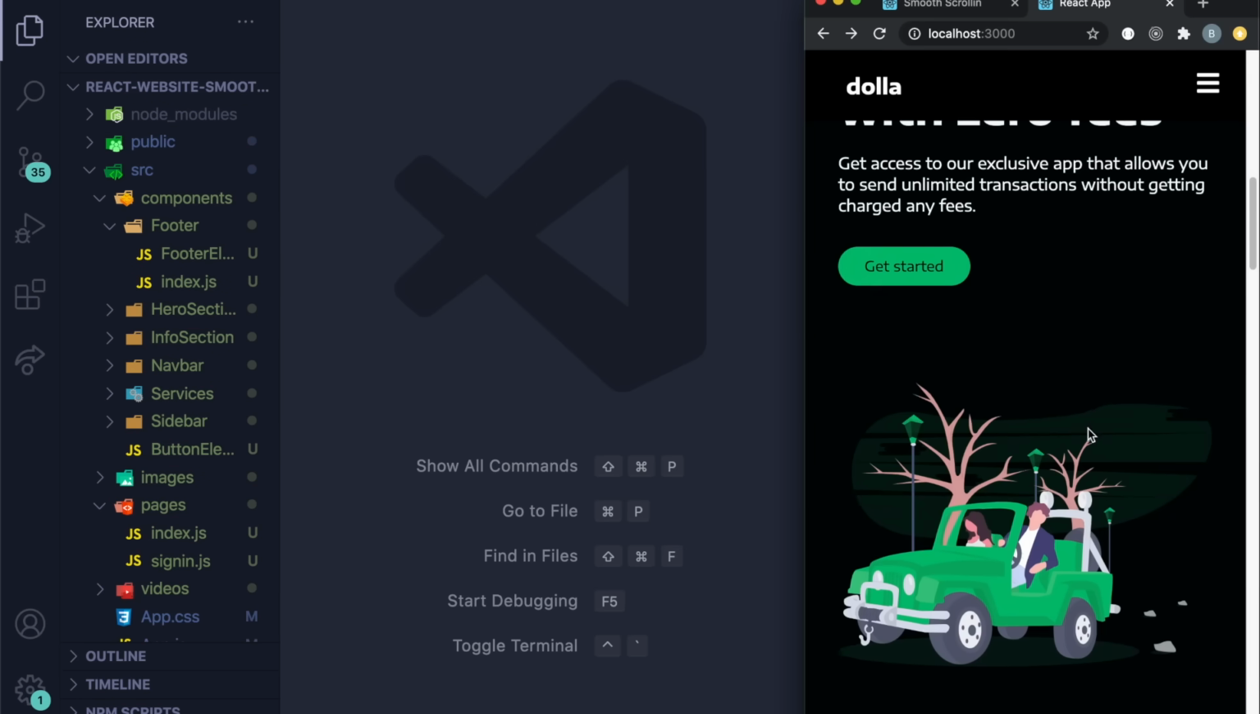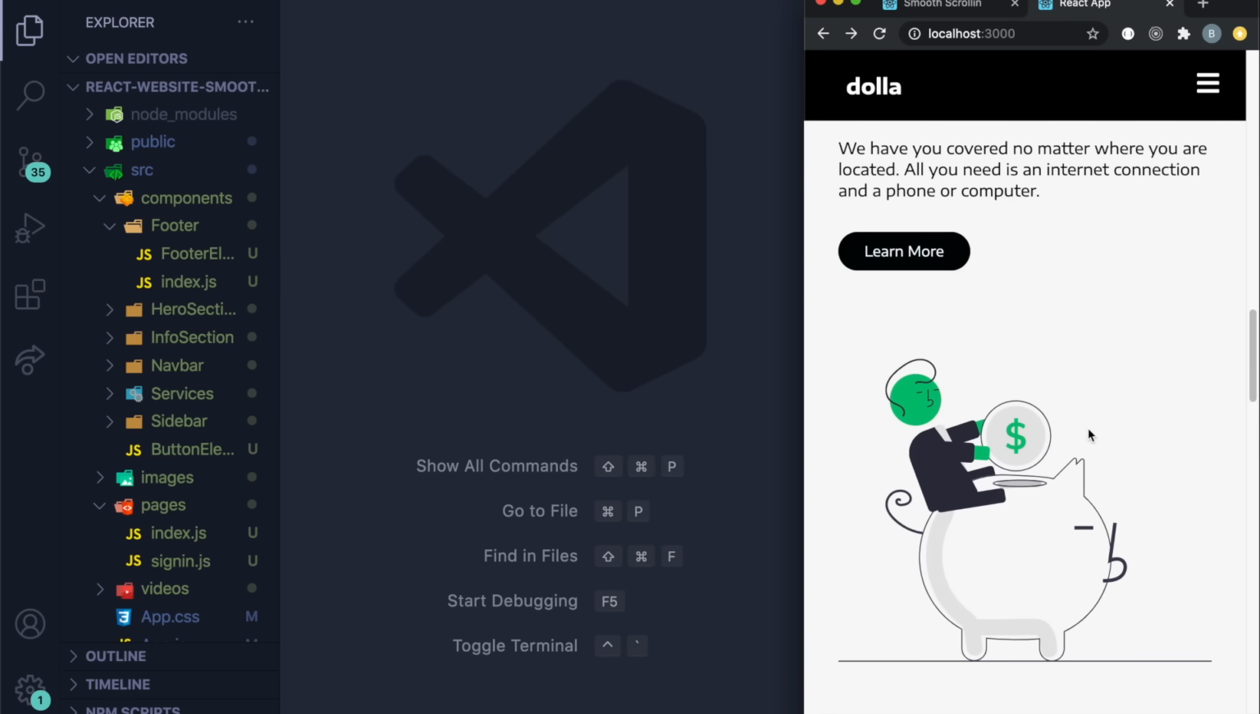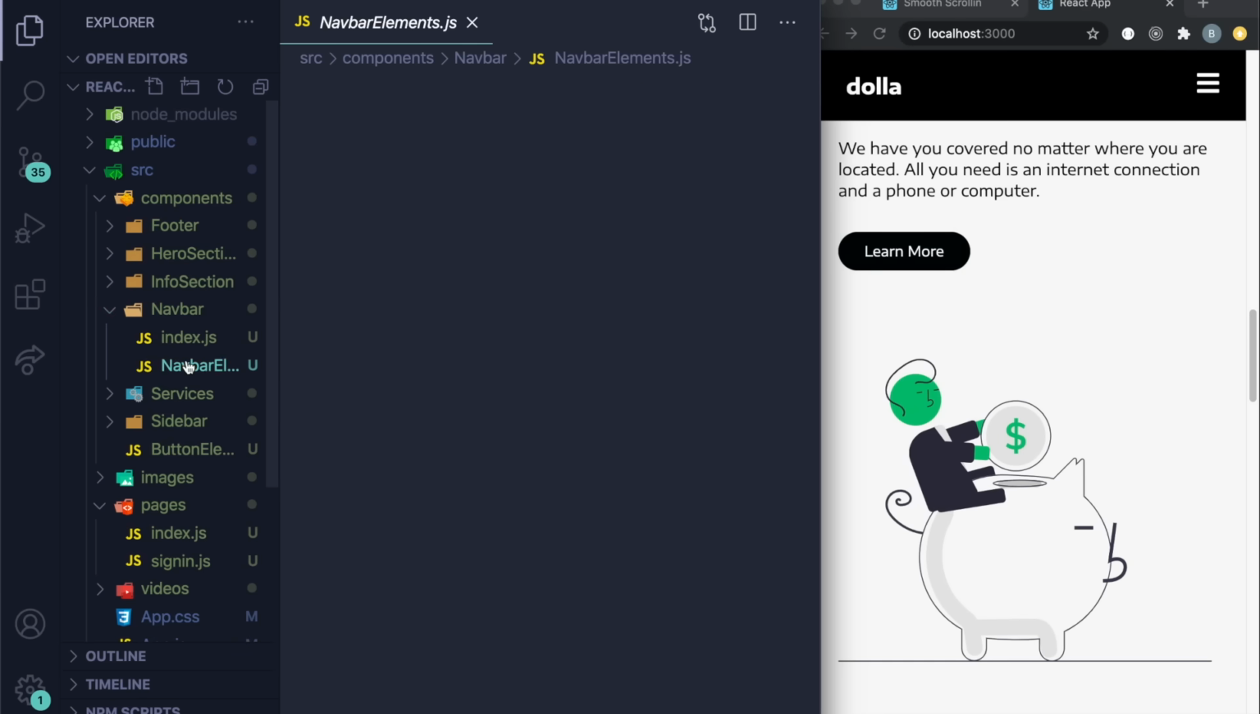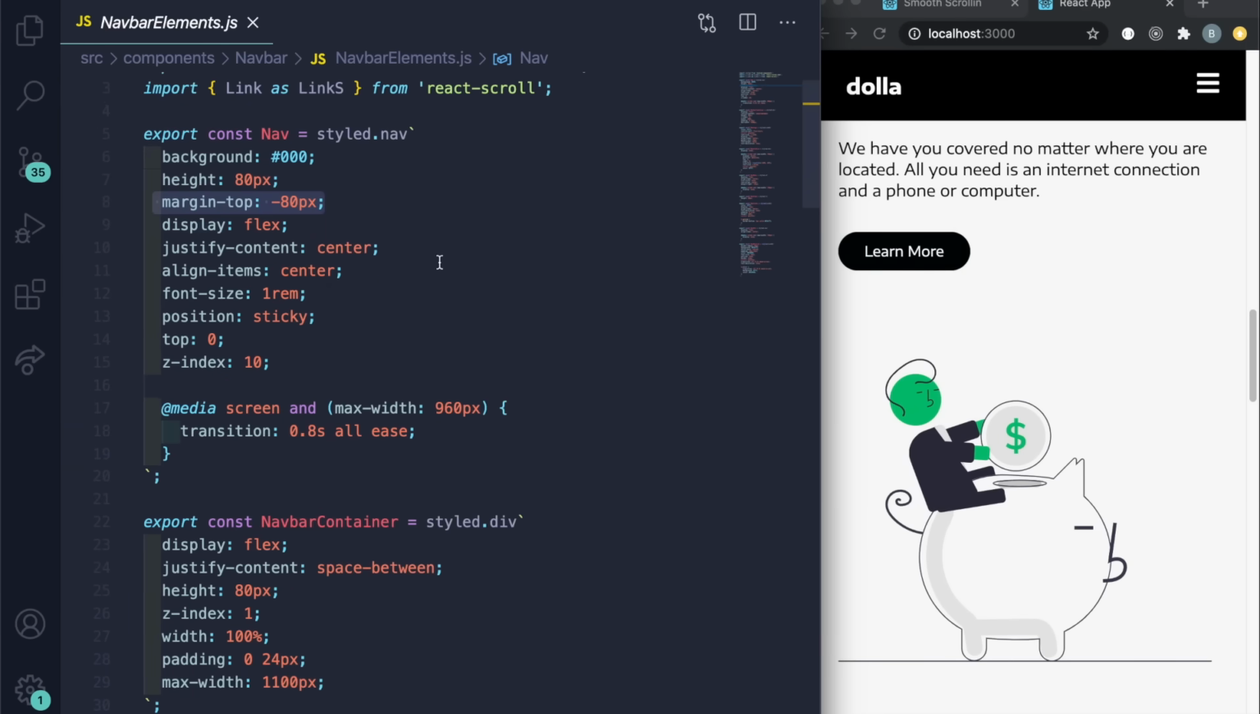And then also, let me see if you can see. Yeah, so right now the actual background. So let's go to our Navbar really quick. Here, I'm going to go to NavbarElements, because I believe I didn't set the background like I did earlier. So here, let's change this background. Let's do ${({scrollNav}) => scrollNav